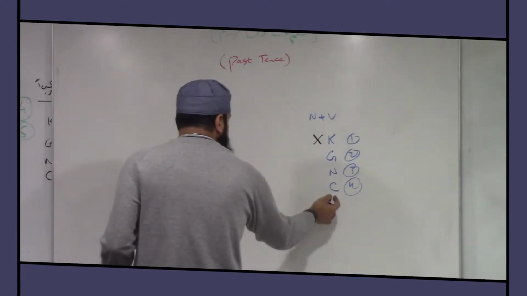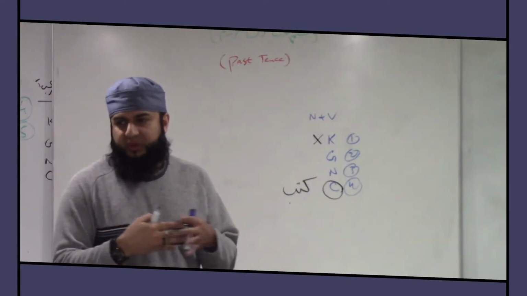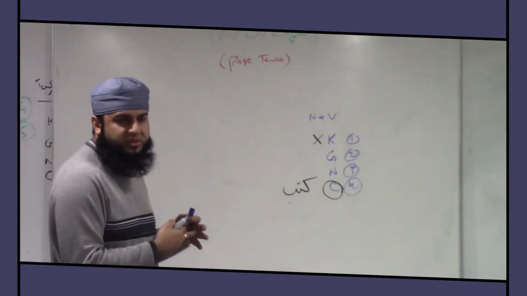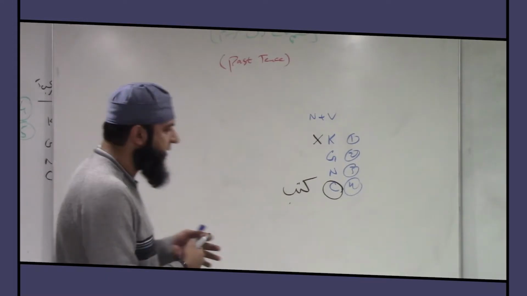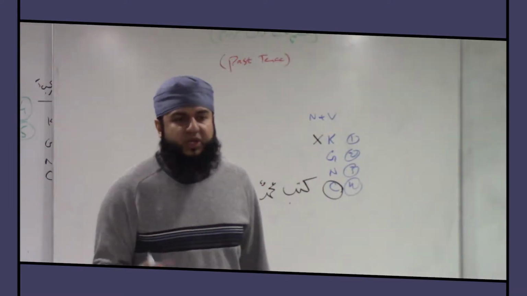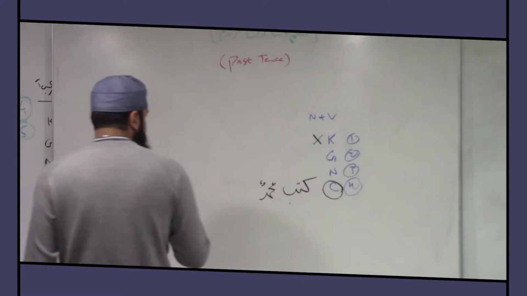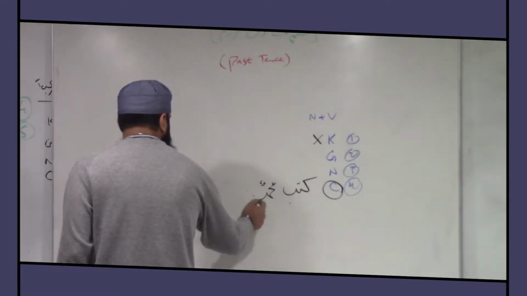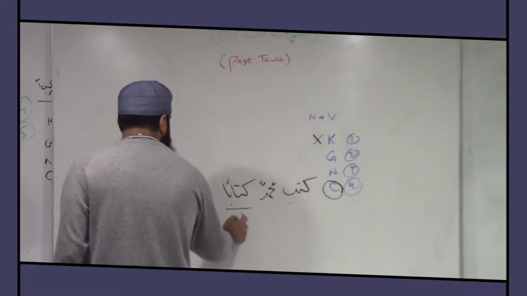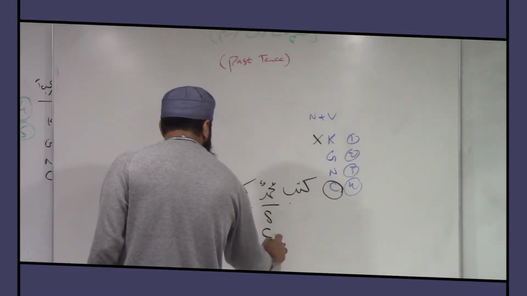So next, let me go on to the cases. Whenever you use any noun with the verb as a subject, it is going to be in case one, because the subject is in case one. So you're going to say Kataba Muhammad. If you want to join one more noun with it as an object, Kitaban, this one is an object, so that's why it's in case two. This one is a subject, so it's in case one.